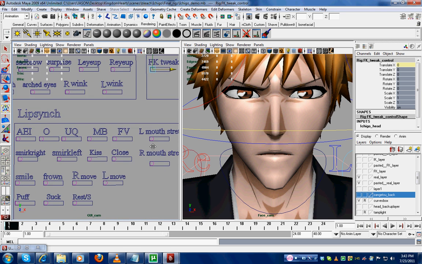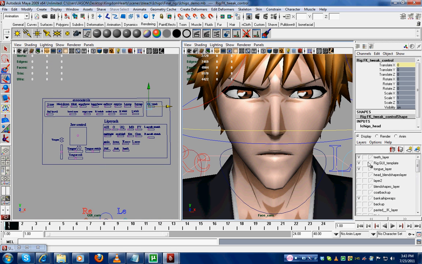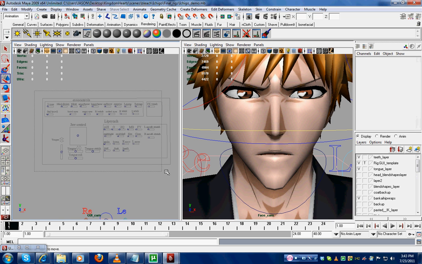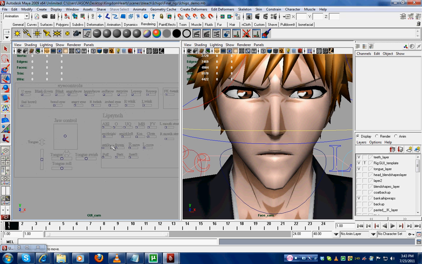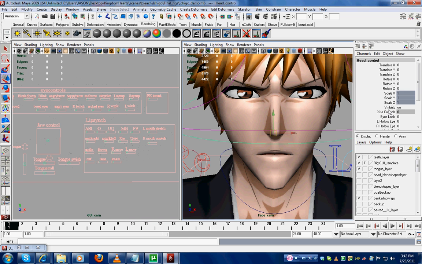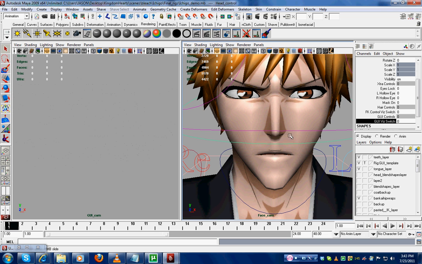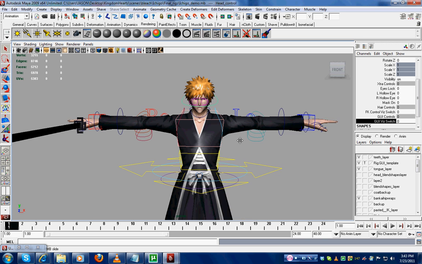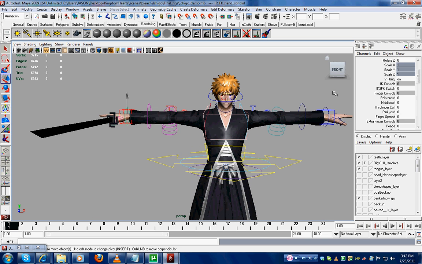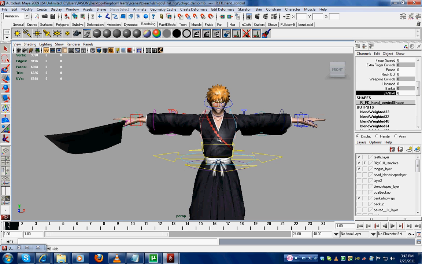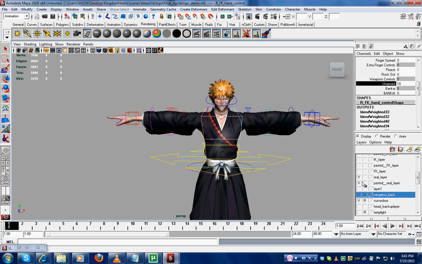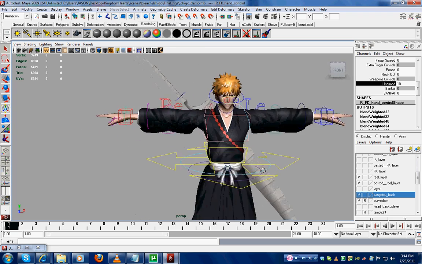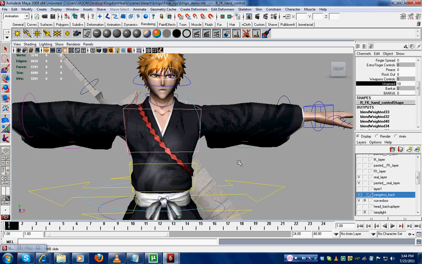So that's really nice. Also, I have this entire system templated. So once I turn template on, I can just select everything for ease of translating over, and everything is nice and clean. So everything is once again back to default. We'll go ahead and turn our GUI lock off. Go ahead and make this a perspective. And let's let his Reiatsu kind of flow out a little bit. Turn Bankai off. Let's unarm him and stick his Zangetsu back on, and there you go. That is my new Ichigo rig, and those are all the new features that are included in this particular rig,